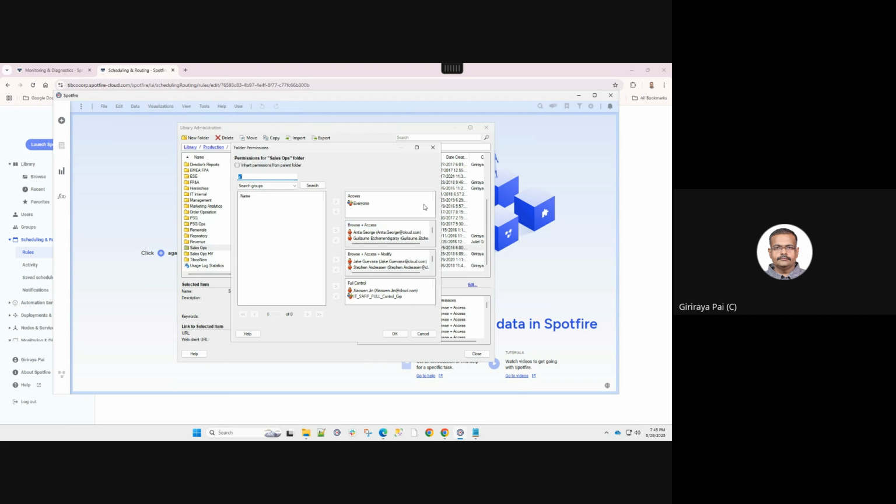Normally, the first thing that we identify is if a user is asking you for access on a report. Assume that we have a user X who is now joining CSG and wants access to this sales ops folder, and I need to give him access. My first question will be what kind of access he wants. So if he is just running the report,